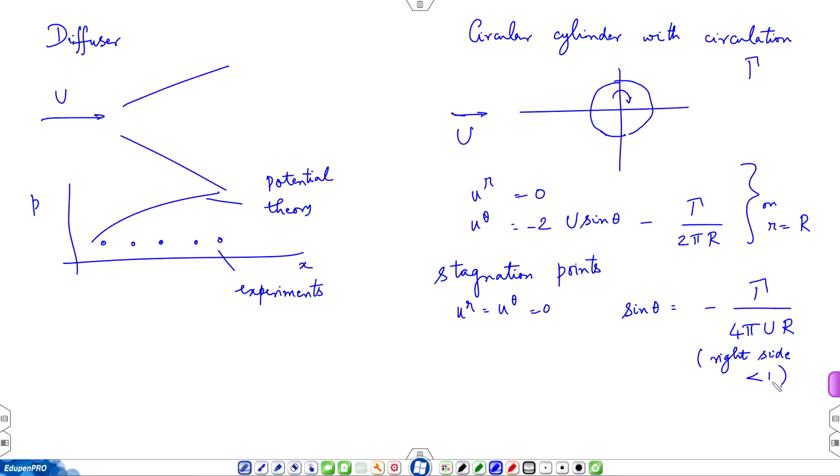Okay, so sin theta is negative because all quantities on the right hand side are positive, gamma is positive, u, r, they are all positive. So sin theta is a negative quantity, so the points A and B now, they shift to the third and the fourth quadrants. So these are points A and B now. Okay, so the streamlines